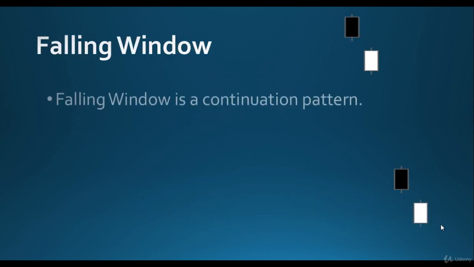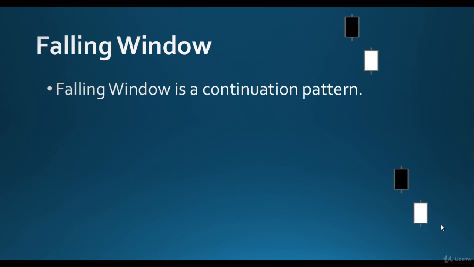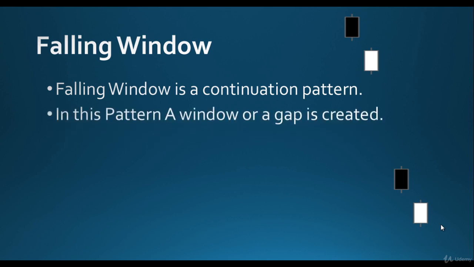Falling window. Now, a falling window appears like this with candles, and it is a continuation pattern. It means whatever the trend was before these two candles will continue, absorbing the buys or sells. In this pattern, a window or a gap is created, and that's what makes the falling window pattern a